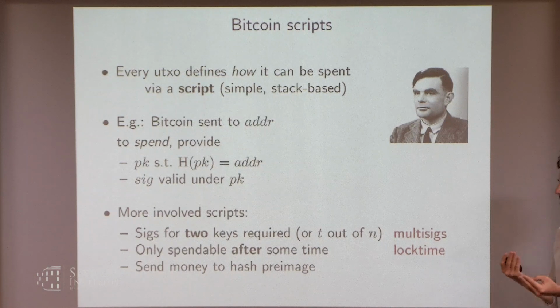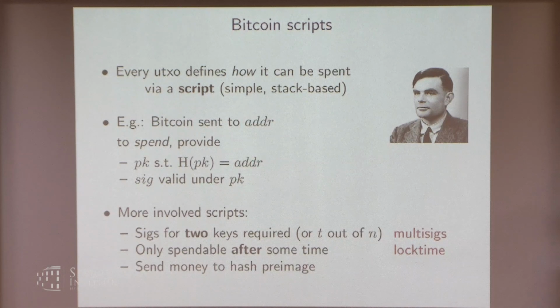For example, you can create outputs which are associated to several addresses or several public keys, so that all of them or some subset of them have to sign. You could imagine a company having all their wealth in a Bitcoin transaction, and then some qualified majority of the board has to sign in order to move this money. You could do that.